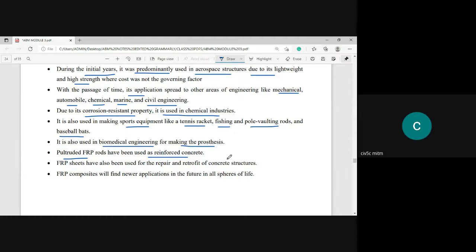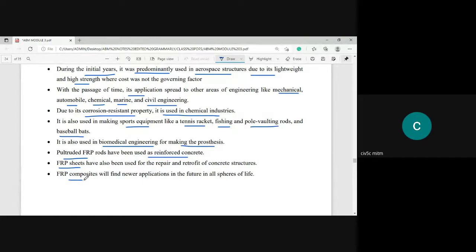Those cracks or deflection can be improved by impregnating FRP sheets. These fiber reinforced polymer sheets are bonded to the beams or slabs so that you can effectively increase their structural capacity. Did you get my point?